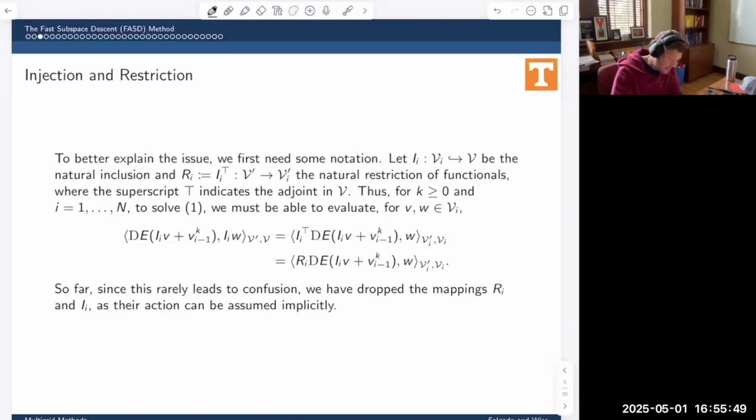So in the SSO method, each time I did a subspace optimization, I had to solve something which looked like this. I wrote it like this. Yeah, I guess V plus,